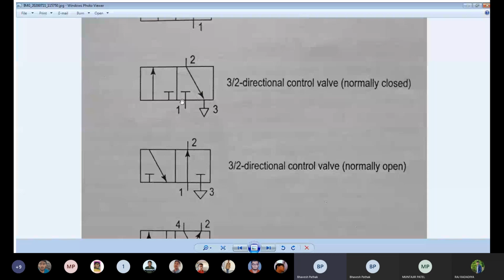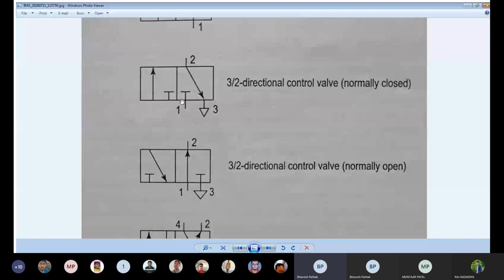It is simply like the switches at your home, which are not closed. So you switch it on, and only then the fan or the tube light turns on. So it is a normal one. 1 and 2: it shows that when the pressure port 1 connects to 2, that means electrons flowing here, pneumatic air will flow.